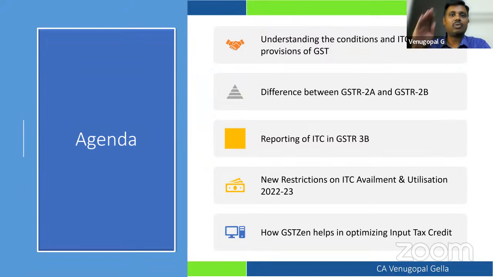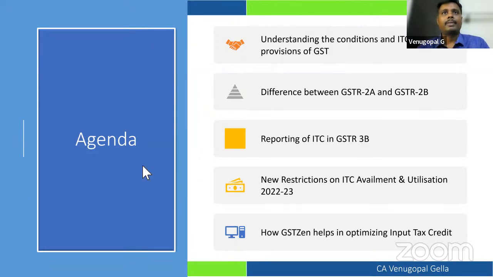Suddenly, the government said, whatever is the balance in your electronic credit ledger standing as on 31st July 2018 will lapse. Overnight, that asset became zero. These views have been upheld by the courts, saying that the balance in the electronic register is not unconditional, it is a conditional right.